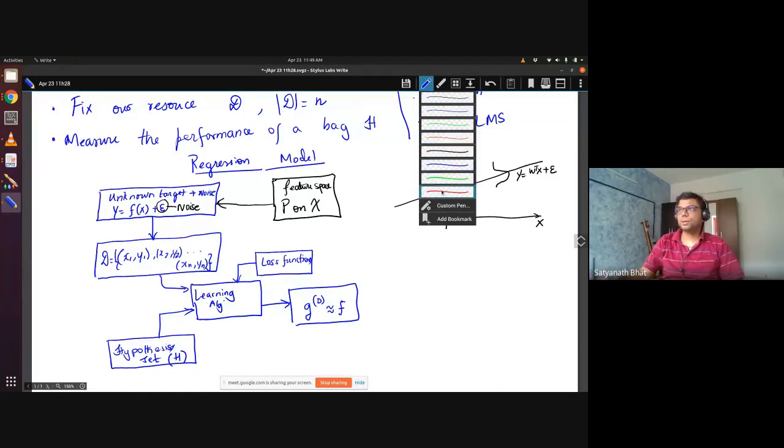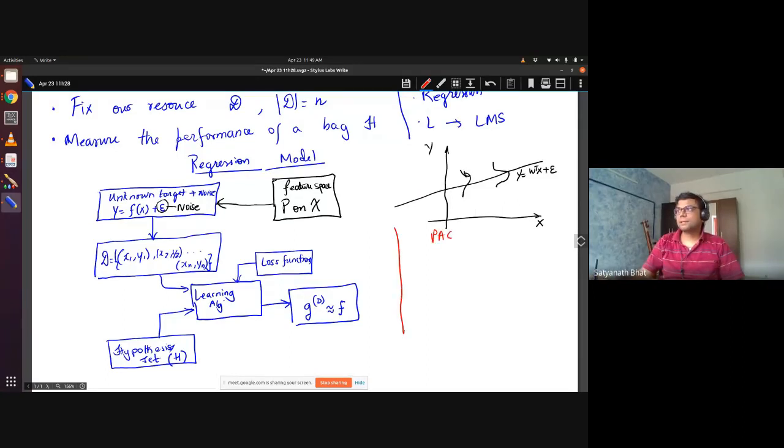When we did it for PAC learning, there was a joint distribution P(x, y), which is P(x) into P(y given x). What this says is, given an x, there is some uncertainty as to what values of y you can have. The way to understand this is that you have a heights distribution, and then you have two genders. Given a particular value, it can come from both male as well as female, so there is some uncertainty here. So this was the way in which we handled, not PAC learning, I'm sorry, this is in the empirical risk minimization framework that we were studying. This is how we addressed how noise comes in.